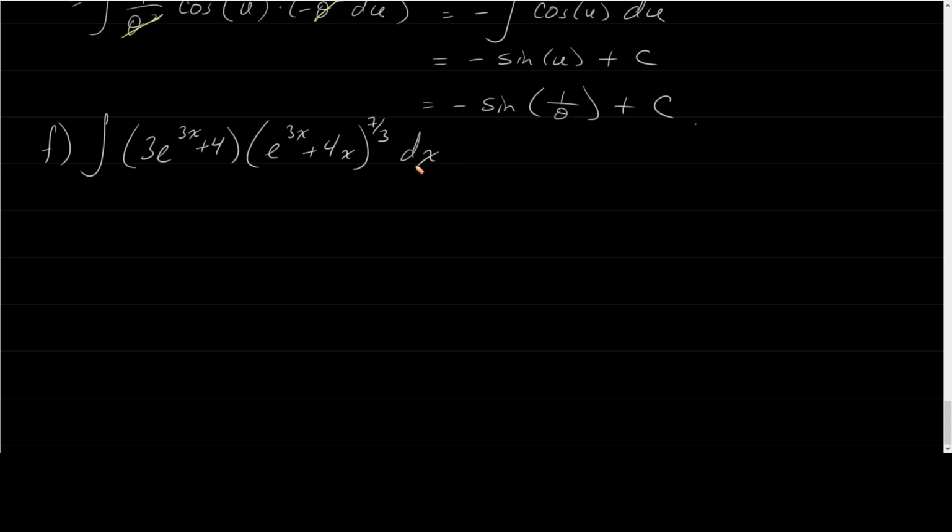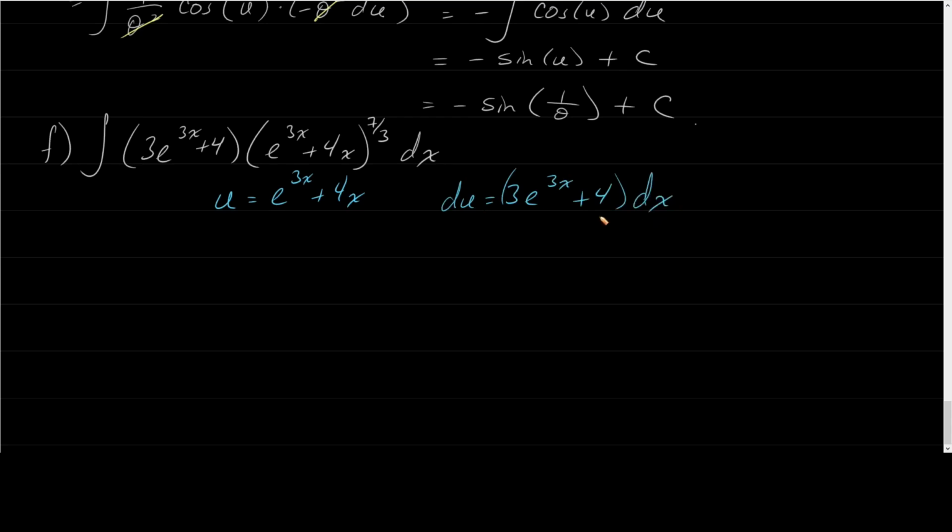It is the same exact thing that we've been doing already. All right. So in here, I'm going to start again with figuring out a u. So our u is going to be something that somewhere else we see the derivative in there. So I'm going to make u e to the 3x plus 4x because that would make du be 3e to the 3x plus 4